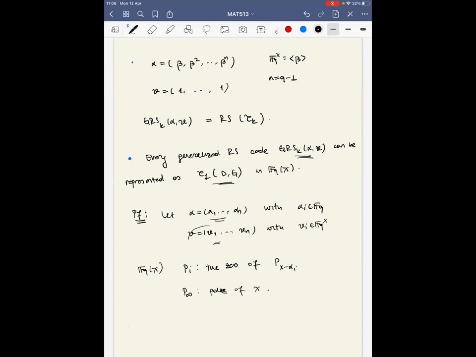And indeed, we can choose a function whose evaluation at P_i is equal to this given non-zero v_i,